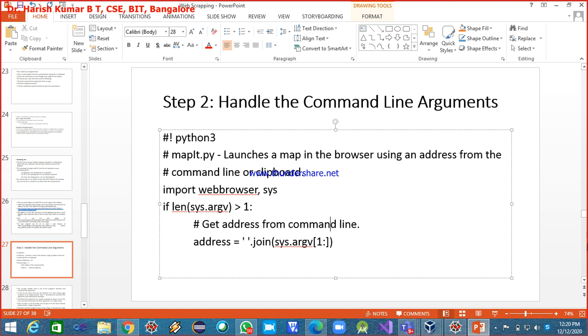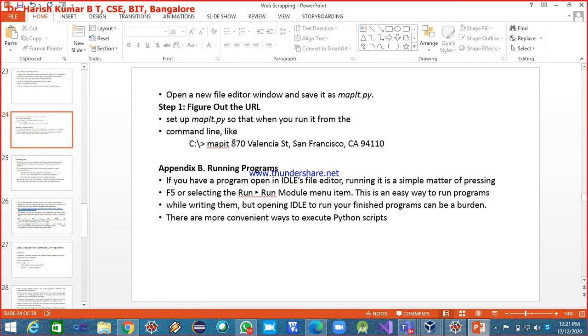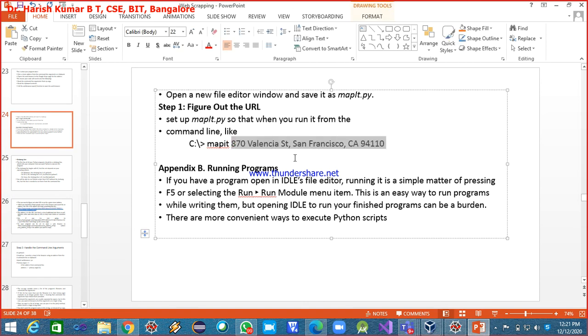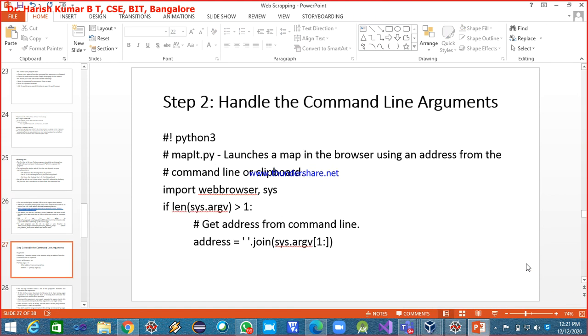But now I want my Python script to treat whatever I have written, from this 870 till here, as one single argument. Okay. So what I'm doing here is joining all these things by using space as the delimiter. On the space delimiter, I'm invoking the join, excluding the program name, making it one single string, and that is assigned to address. Have people understood?